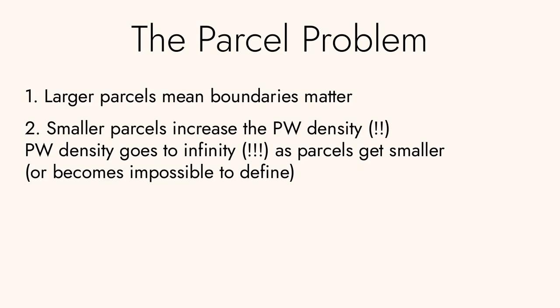And actually, you can picture this as the parcels get smaller and smaller and smaller, and let's say we treat each person as existing at a point rather than at a space. The density actually goes to infinity, right? Because you're shrinking down and down and down the parcel that that individual person is in while the population remains 1. That's not a sign of a well-behaved metric.